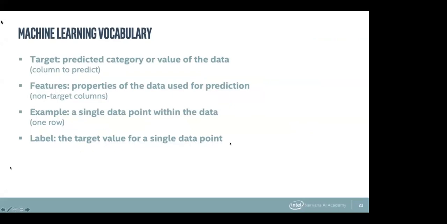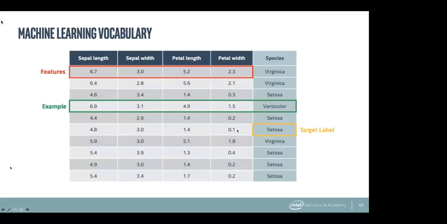Now these words don't really mean anything on their own, so I think it's a good idea to use an example here, and we'll go back to the iris data set. These are words that you will see very, very commonly in machine learning, so it's a good idea to understand what they are. Your features are shown in red, which are the things that you want to be making predictions using. Your features are very important to your decision process, because if you choose features that are useless, then you won't be able to make any meaningful predictions.